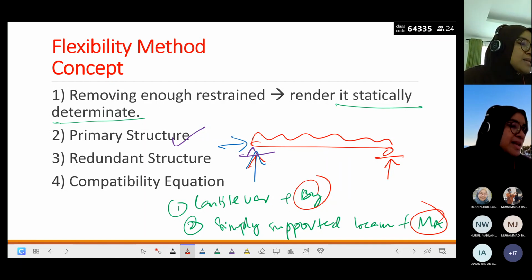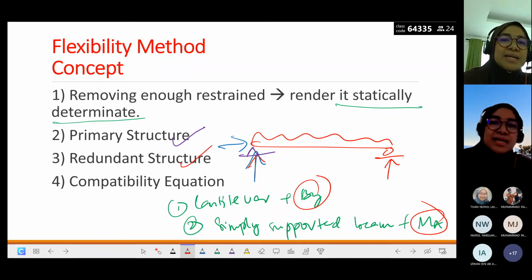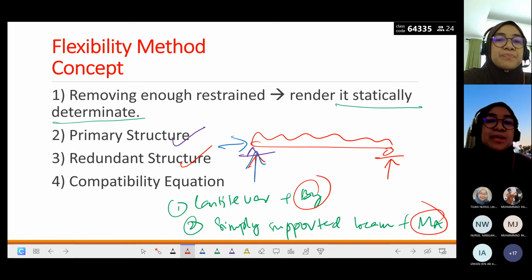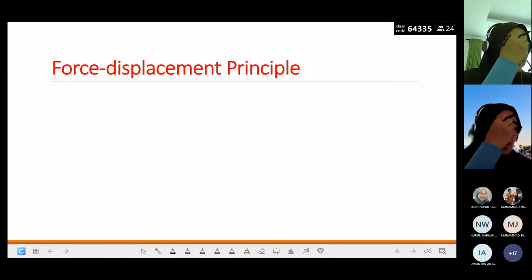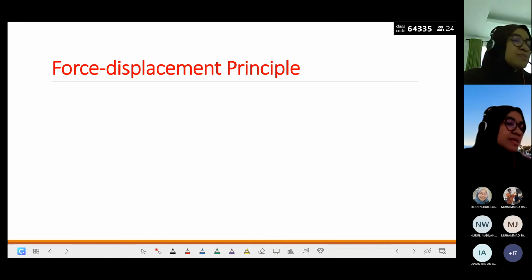And number 2 is the redundant structure. What is actually the redundant structure? The redundant structure is actually the same type of beam subjected to different types of loading. Then we have to have the compatibility equation, which comes from the principle of superposition. Force displacement equation relates with this. P,